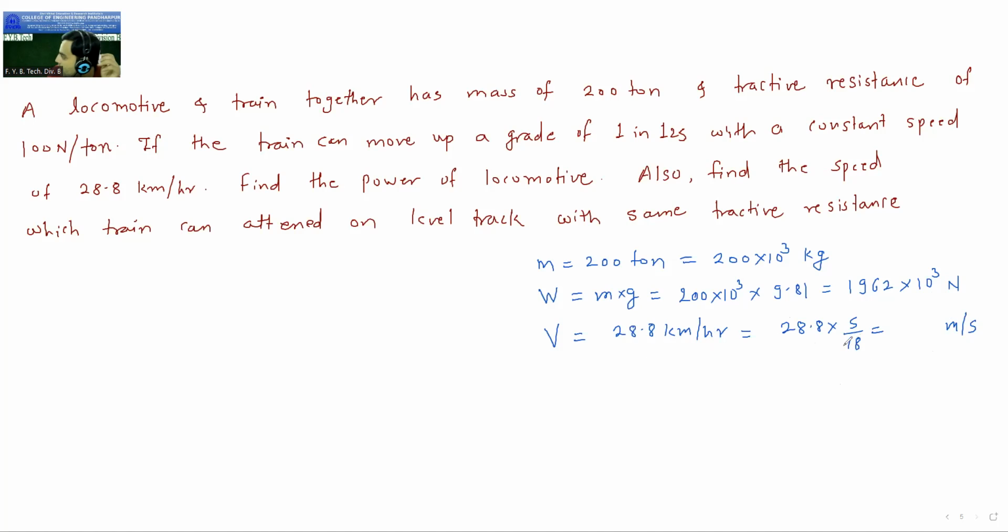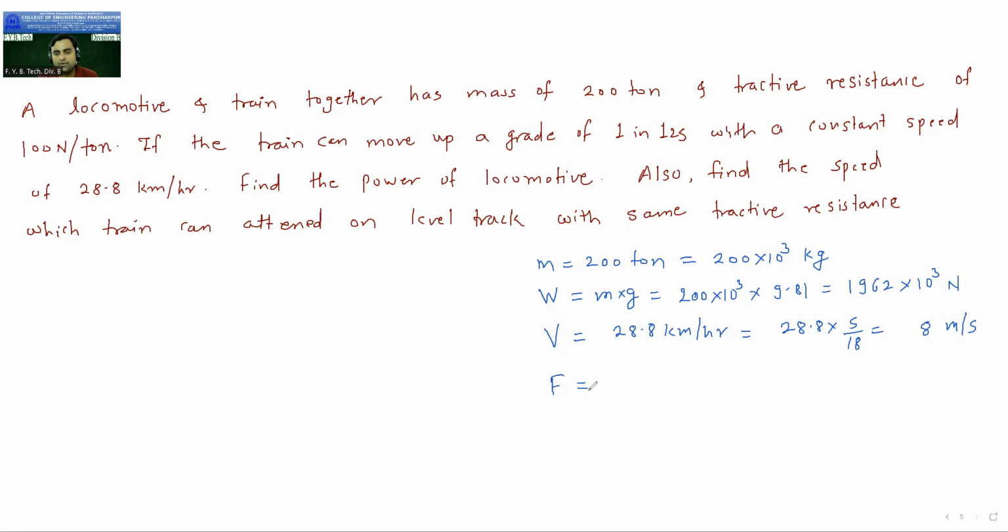5 by 18. When you need to convert from kilometer per hour to meter per second, you just multiply that term by 5 by 18. So you will directly get the value in meter per second. So what is the answer? 8. So the answer is 8 meter per second. This is the velocity, and the frictional force,